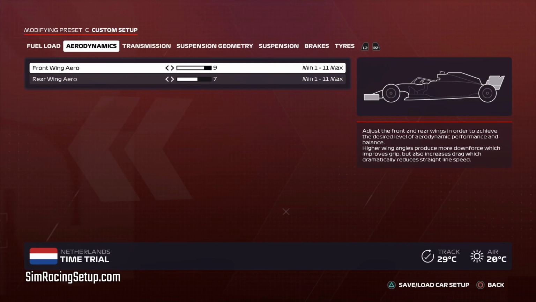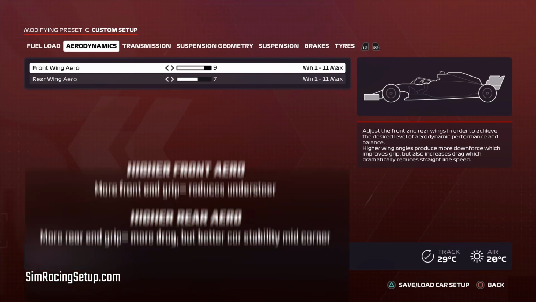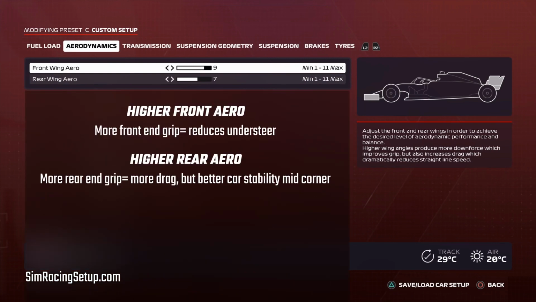Both the front and rear downforce affect how much grip your car has in different ways. Front downforce gives more grip at the front of the car and reduces the amount of understeer when turning into corners. It will also give you a more responsive car at your front end. Rear downforce gives more grip at the rear of the car, reducing the amount of wheel spin and oversteer you